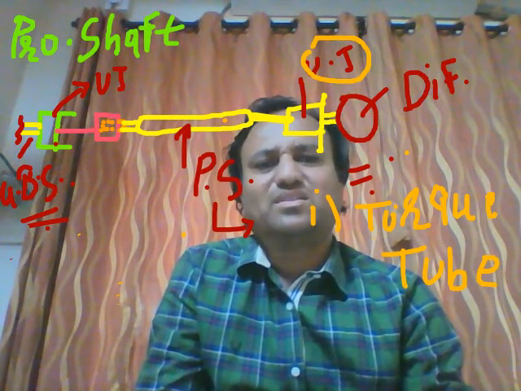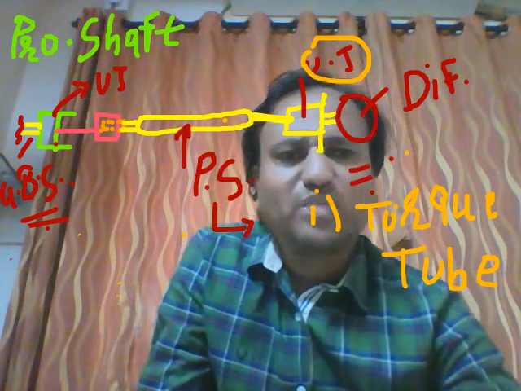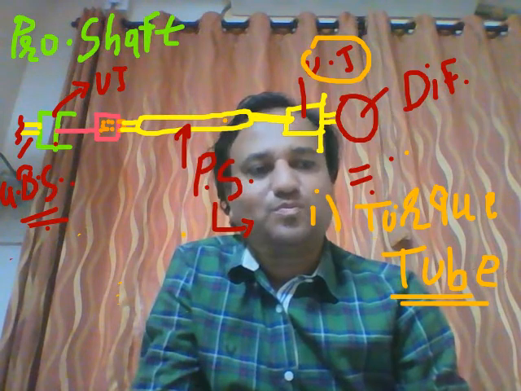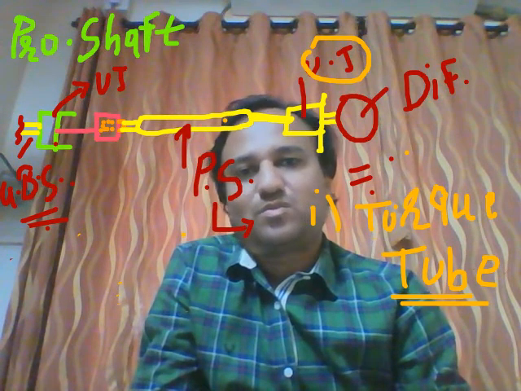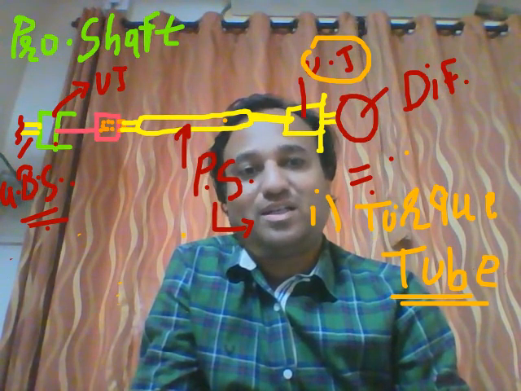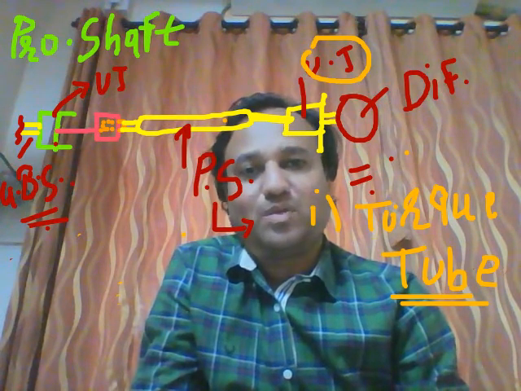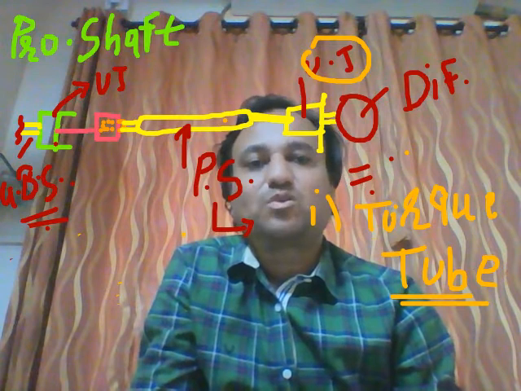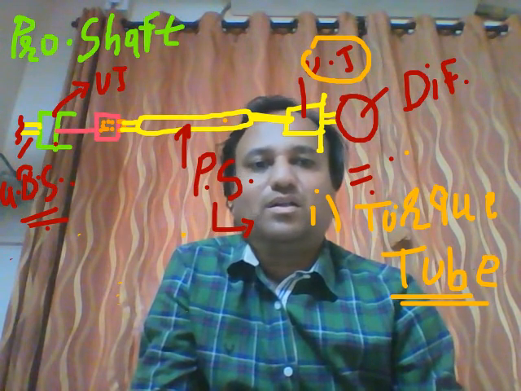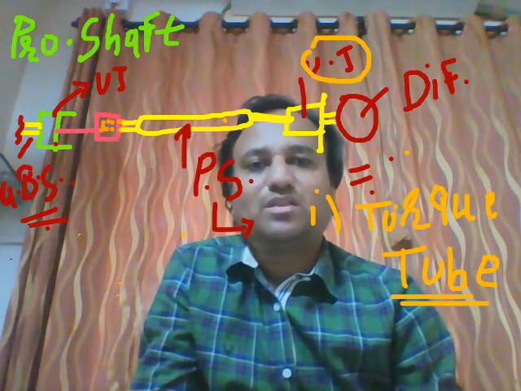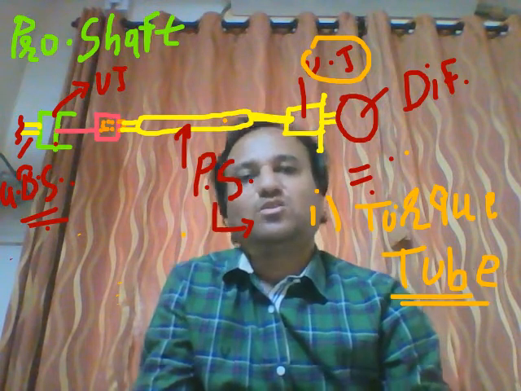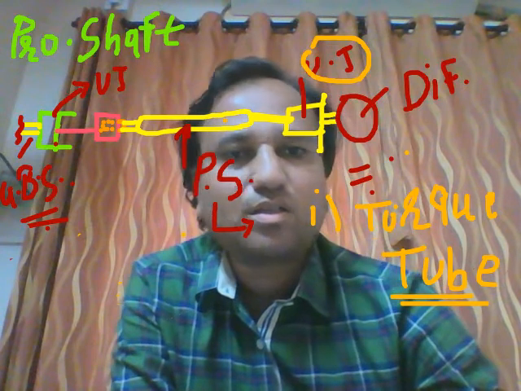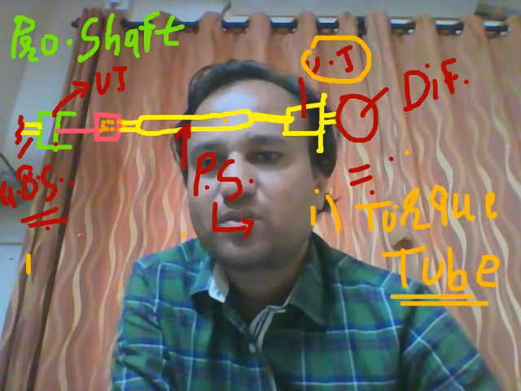So generally in a torque tube, the name is tube, okay? So solid tube or hollow tube. Today I will not discuss that, okay? Both solid and hollow are used, so just go through it. Which one is the better option, either solid or hollow? So torque tube drive, and the second one is the Hotchkiss drive.